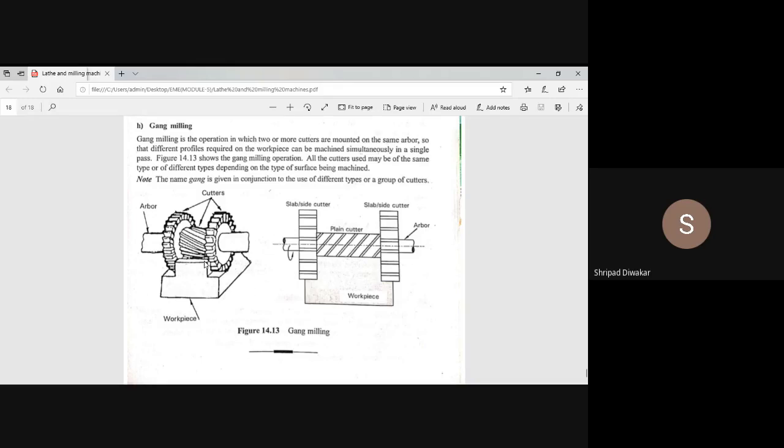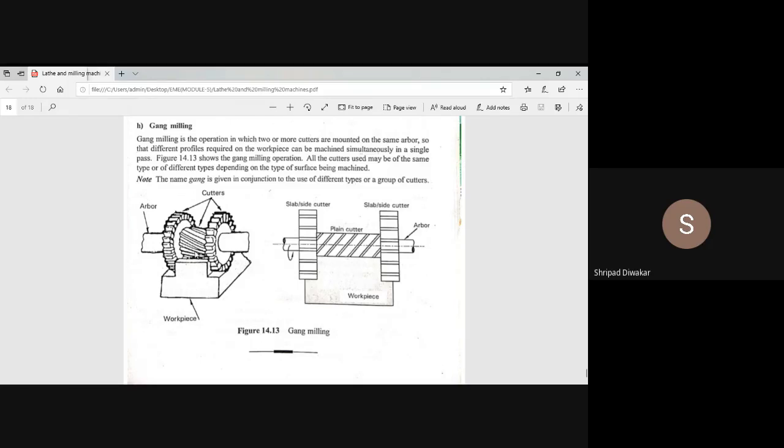Okay, you see this is a 3D diagram. 3D diagram is not necessary. You have to draw a 2D diagram. Okay, 2D diagram is here. You see, we are having the two side cutters and one plane cutter. So that plane cutter performs the planing operation, means it cleans the surface. On the other hand, we are having the two side cutters. The two side cutters remove the material from the bottom face as well as the side face, so that at a time we can perform the three operations.